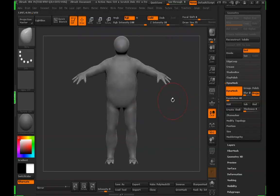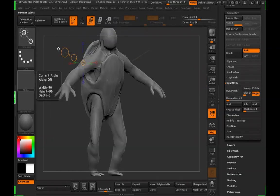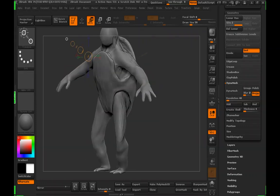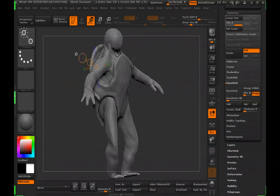Okay. Now this still hasn't taken its shape. Whoa. I overdid it. This is what I came up with after